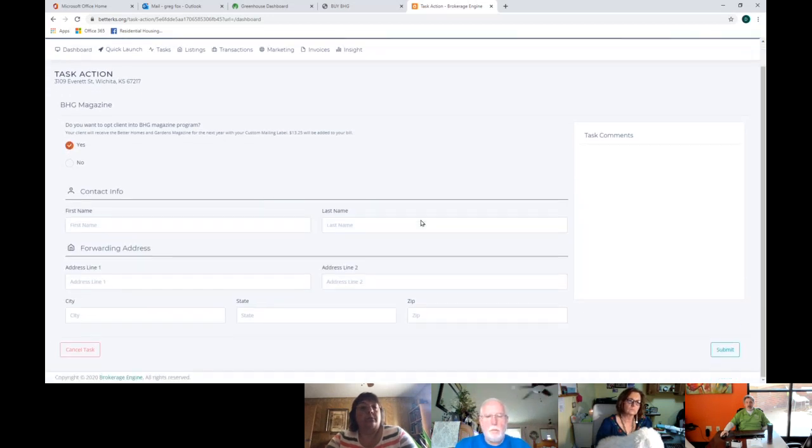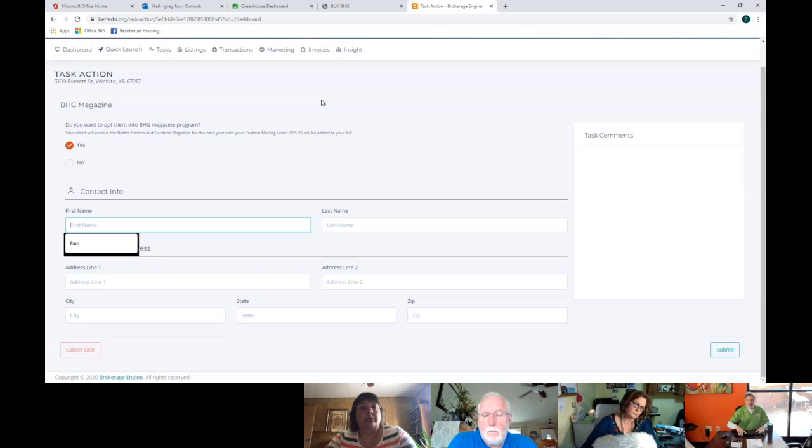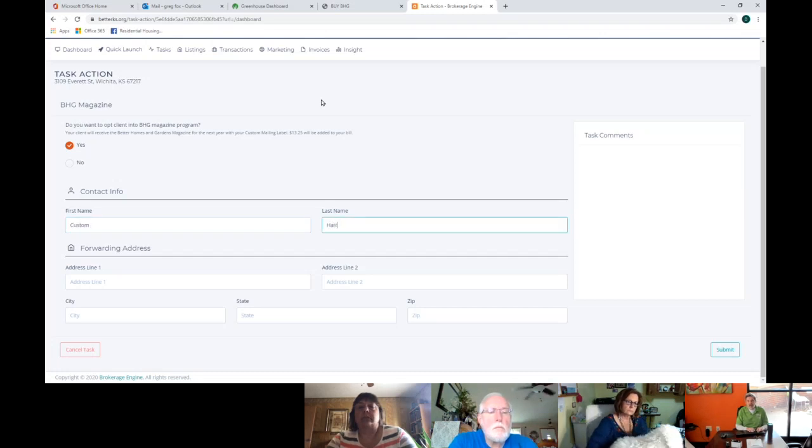Yes. Well, what address do you want to send it to? Because you may not always know what address you want to send it to right off the top. If they're selling a home, you may have to find out where they're moving to. So once you click on yes, it comes up and says who I want to send it to. Now, let's say that Sharon did not want to send it to this client, but rather a beauty salon. Well, you go custom haircut. Put their address in there and push submit.